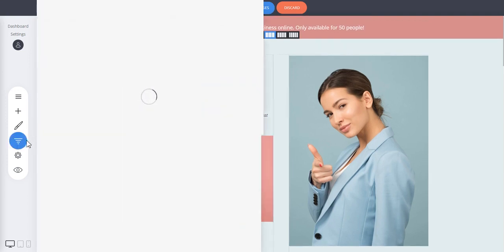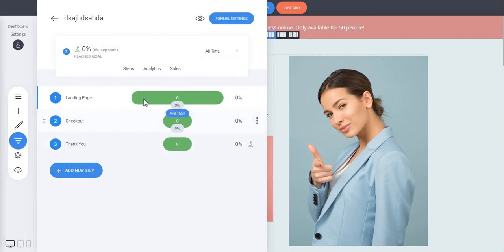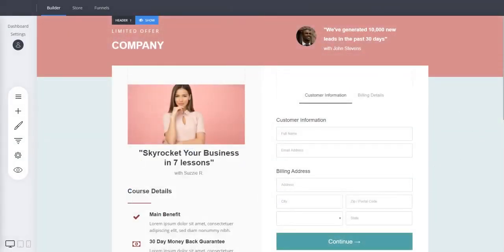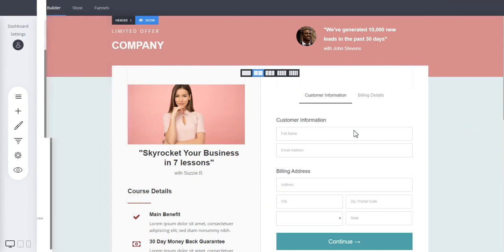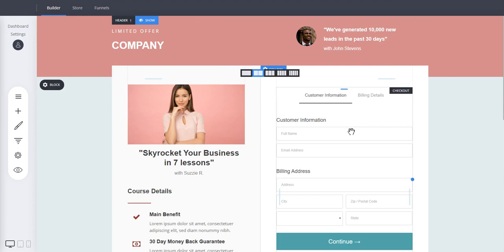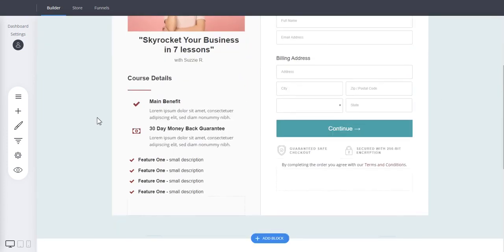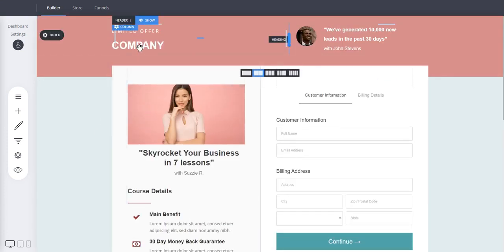If you click again on the funnels button, you get back into the funnel settings here, where you can switch to another step of yours, like let's say the checkout, where actual payment will happen for your courses, for example. So you can see that you have a checkout widget, which makes the step a checkout. You can add it from the checkout here, or it's already added depending on the funnel that you select, and you can start editing the section or anything about your funnel. Everything that you edit here is just like a regular page edit, nothing fancy, nothing